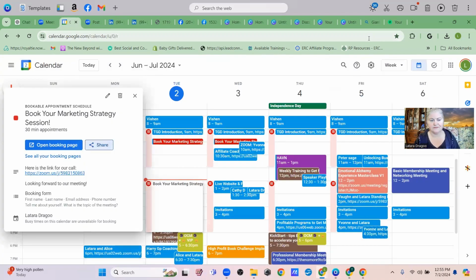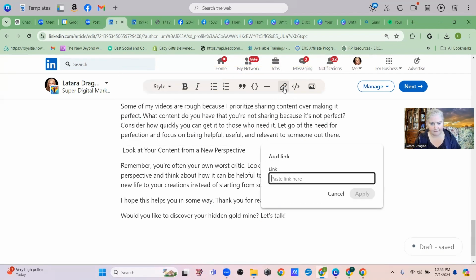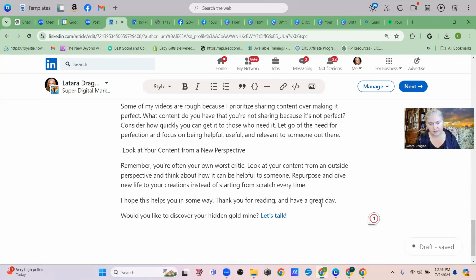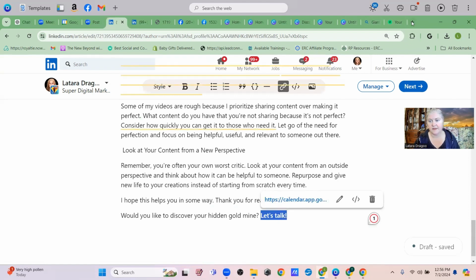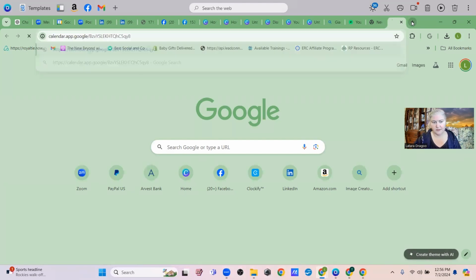Go back over to LinkedIn. I'm going to select that text. I'm going to add a link to it. Apply. So now if somebody clicks on this, they're going to automatically go to my booking page,